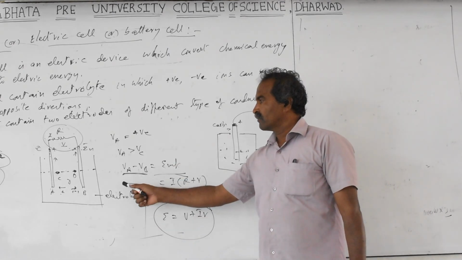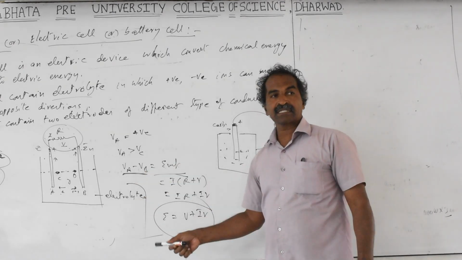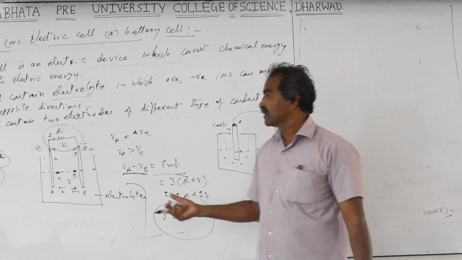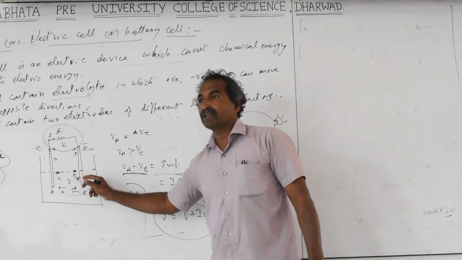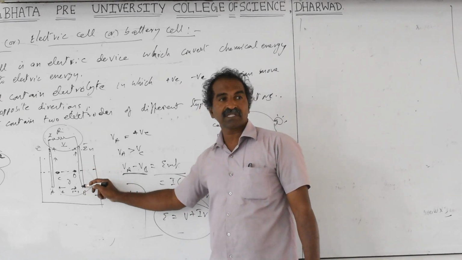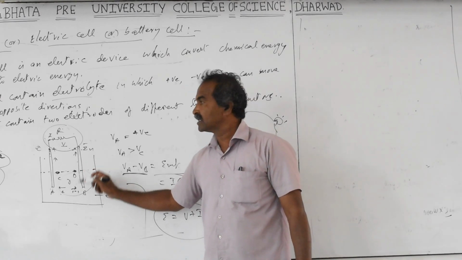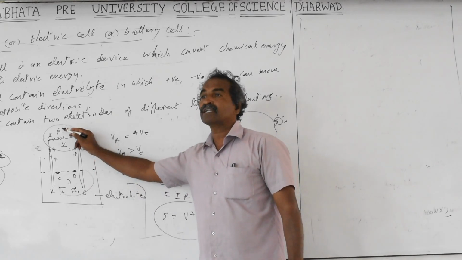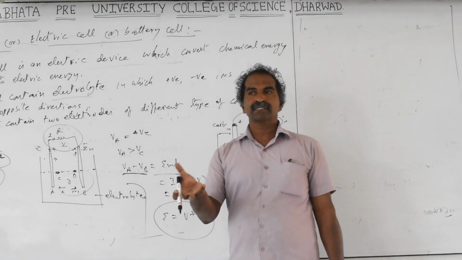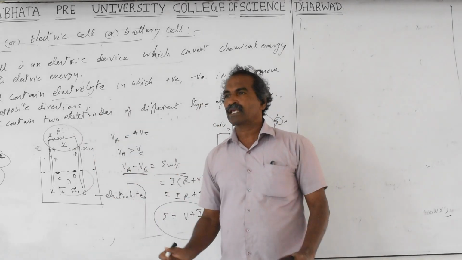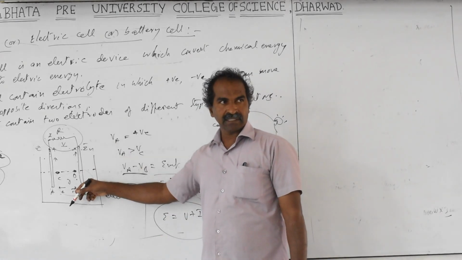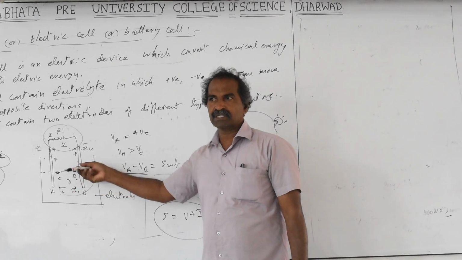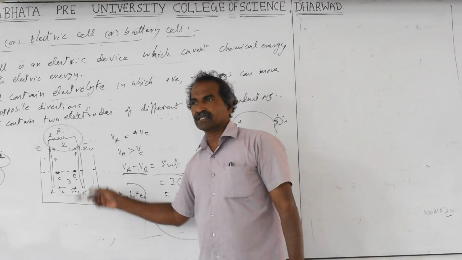After prolonged use, current decreases because the electrolyte dries up or its concentration changes. Internal resistance increases. Whenever the internal resistance increases, the pH value of the chemical electrolyte changes. Internal resistance increases, current decreases. That is why batteries stop working after prolonged use, because of the increase in internal resistance. So you have to reverse the change in internal resistance. This is possible during recharge, and then it can work again.